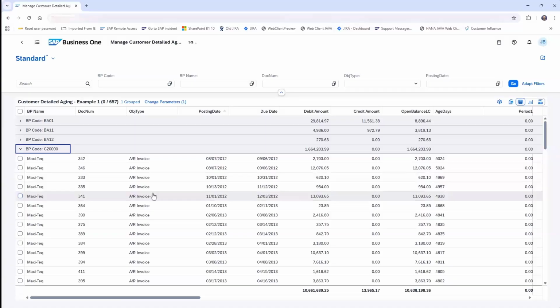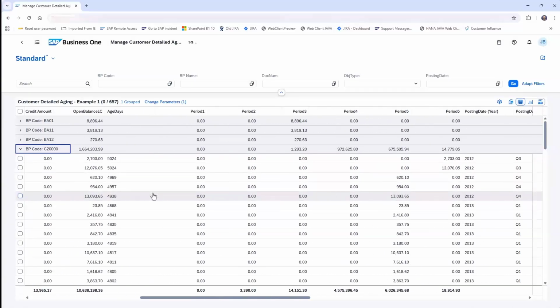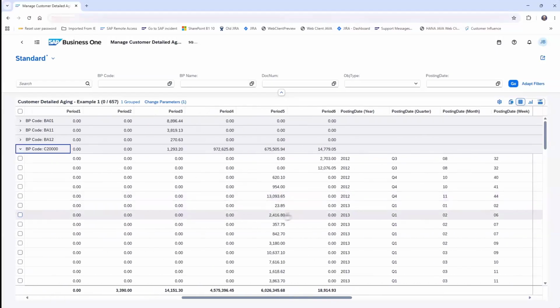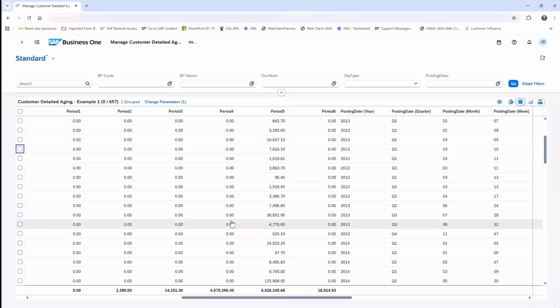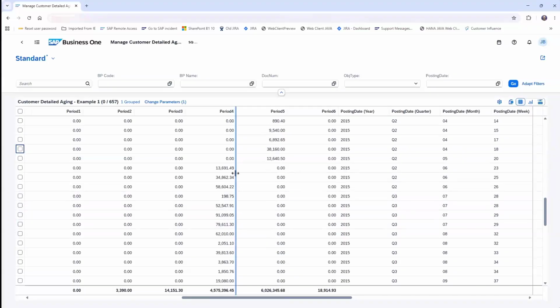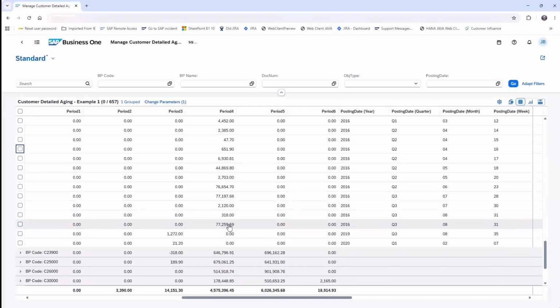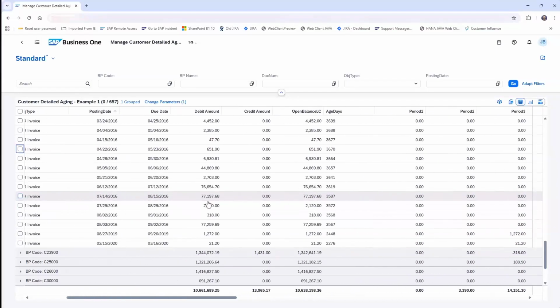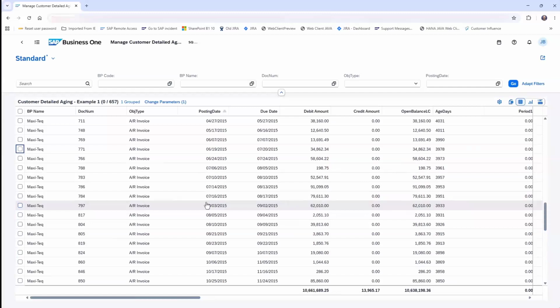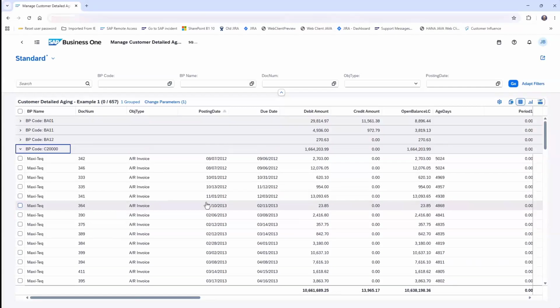And if we scroll to the right, we've now got what looks like a normal aging report experience, where at the top of the list we've got the oldest debt, period 6 debt, and then scrolling down the list, we've got the period 5 debt. Then scrolling down a bit further, we have the period 4 debt, and then ending with the period 3 debt. And that's a normal, detailed aging presentation. And let's collapse